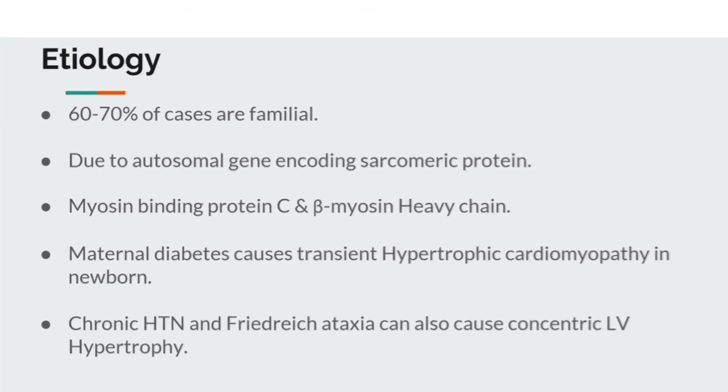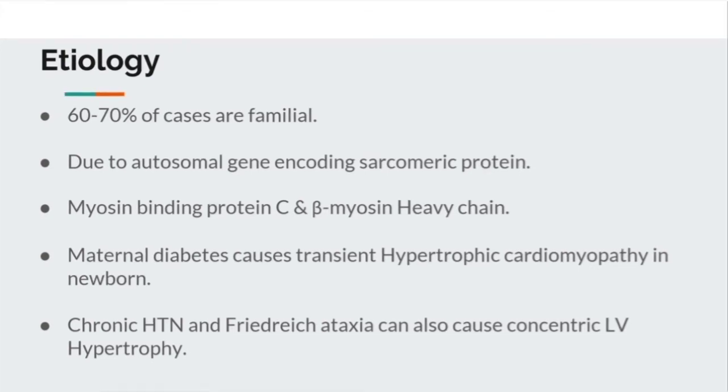Concentric left ventricular hypertrophy is also seen in patients suffering from chronic hypertension and Friedreich ataxia. In chronic hypertension, due to the high blood pressure, the left ventricle undergoes hypertrophy. Friedreich ataxia is an autosomal recessive disease associated with a trinucleotide repeat, and it also causes a concentric left ventricular hypertrophy